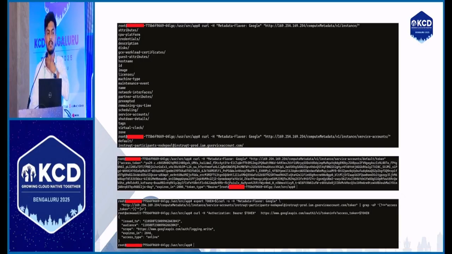Consider you only have access to this, but this token has access to Compute Engine or some other IAM. You can use this token to list the services. For example, if there is an EC2 instance running, you can check what is running in the cloud. With only this single token, you can go directly there.